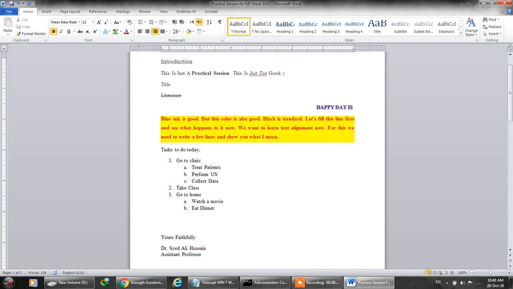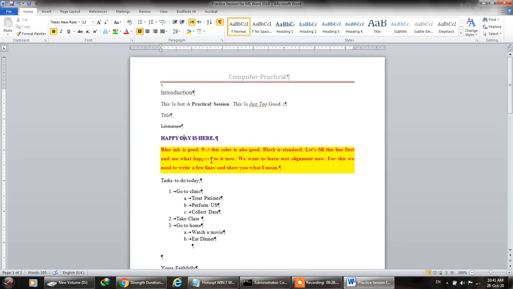Now see, the text starts from the right or starts from the left. It will show you all the characters that you have used, or all the spaces or anything that you have used. This one, and you don't want it to be there. And these are the symbols. Every symbol is there. For example, for space, this is the symbol.